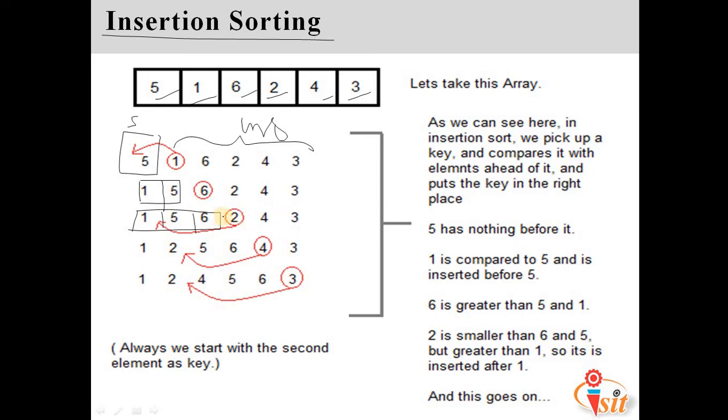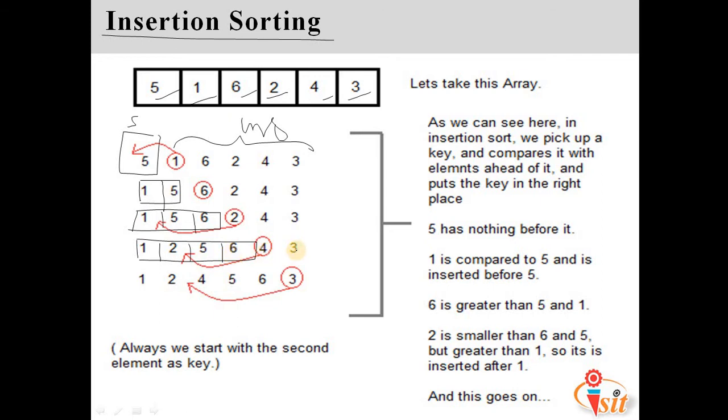From the unsorted elements we'll consider the next one, that is 2. So 2 we need to insert at the proper position into the sorted list. 2 is less than 6, 2 is less than 5 and 2 is greater than 1. It means that 2 we need to place in between the 1 and 5. So 2 is going to be placed here and 5 is going to come to the next position. Now 1, 2, 5 and 6 we are calling the sorted list.